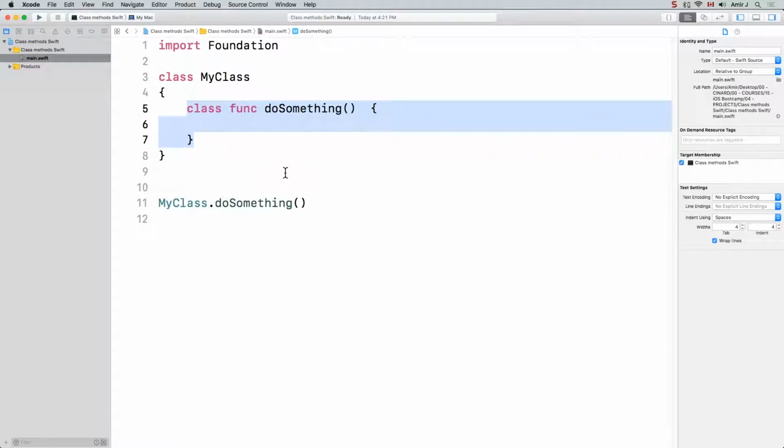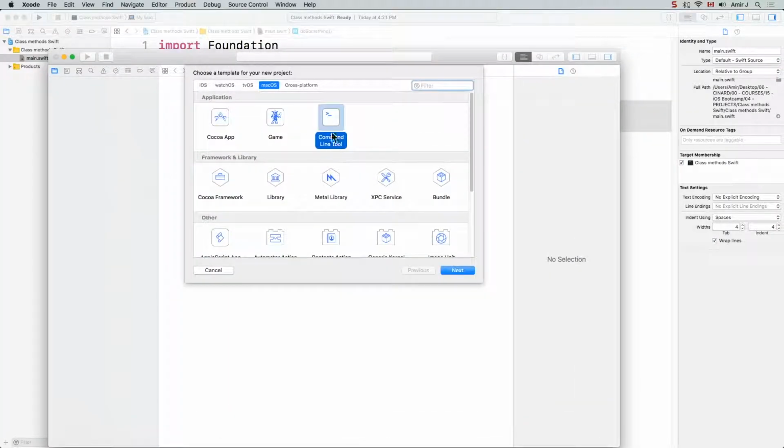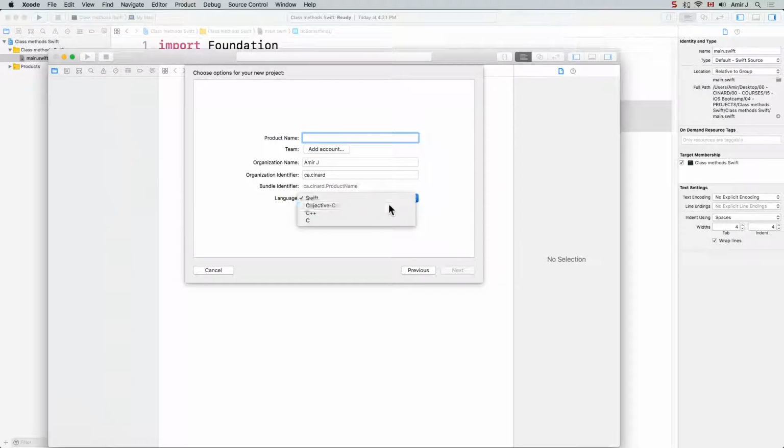So that's about that, class functions. In the practices that come up, I will be using a lot of class functions. Keep in mind that whenever you feel like you are allocating an object just so that you can call a method, that seems like a very good place for you to try class functions instead of just functions. While we are here, I'm going to quickly redo this in Objective-C as well, because it's a little different over there. So I'm going to say class methods